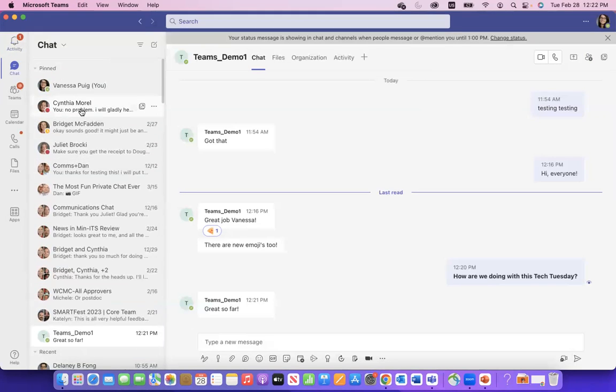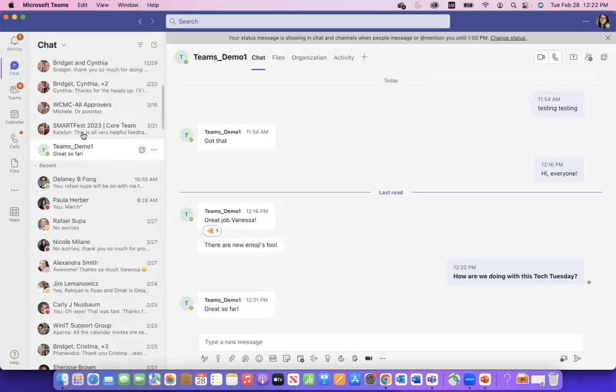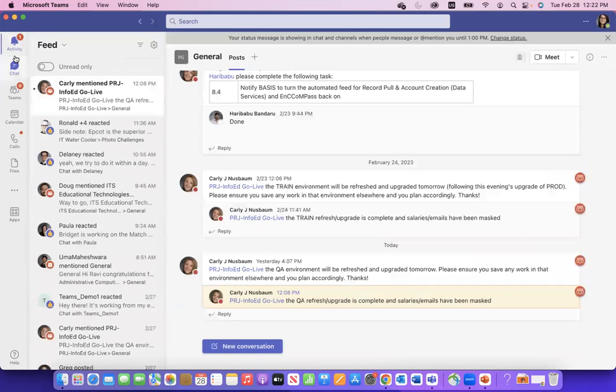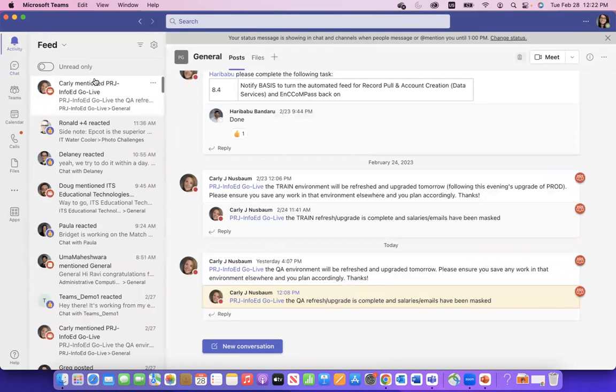As you start using Teams a lot, you'll find yourself, like me, part of many, many conversations, and it can feel a little overwhelming, especially if you feel like you're missing conversations or where you've been mentioned, and maybe you are wondering, how do I make sure I manage that and I don't miss anything? Activity right here, this little bell icon, is a great way to keep on top of that stuff. Activity shows you anything recent that's happening within the teams you might be a part of, within conversations you're a part of.